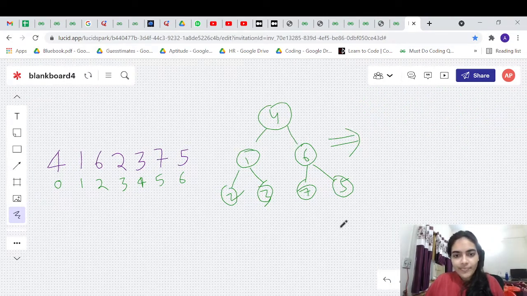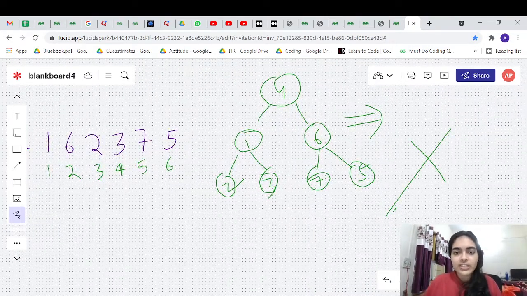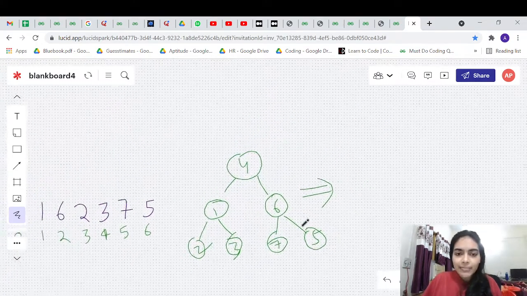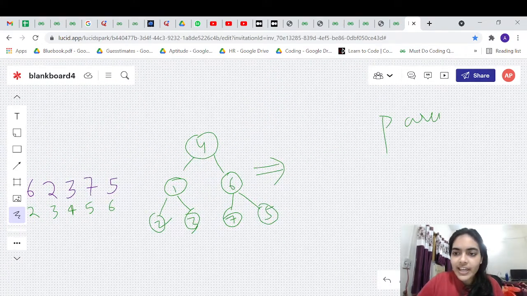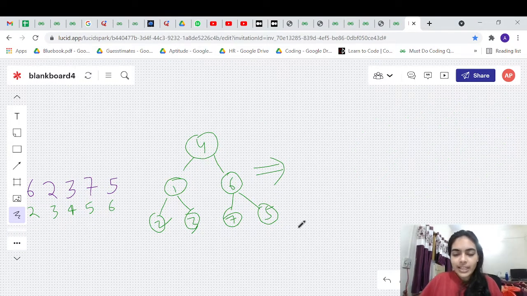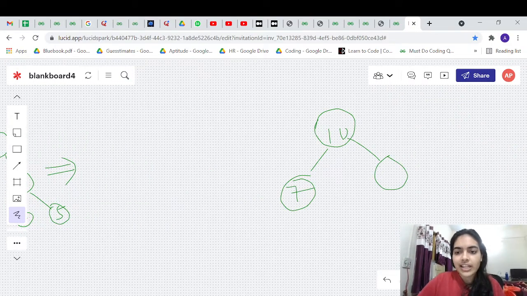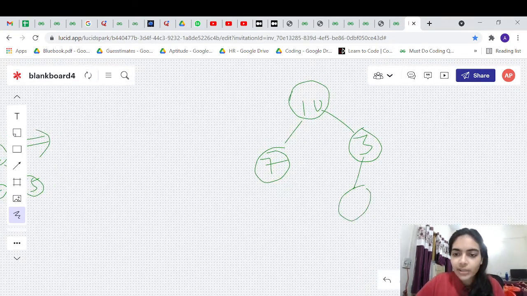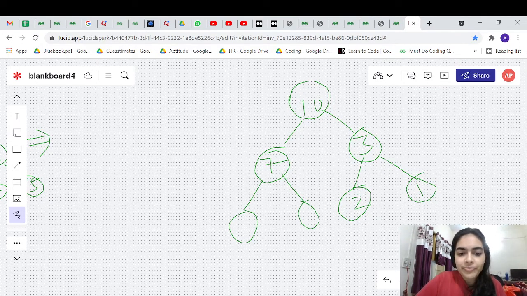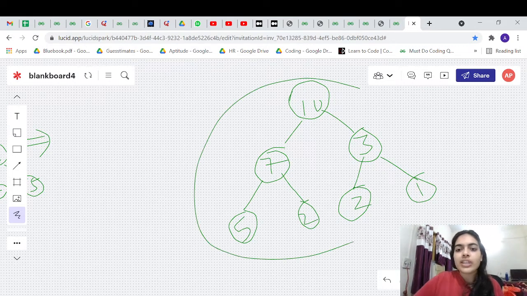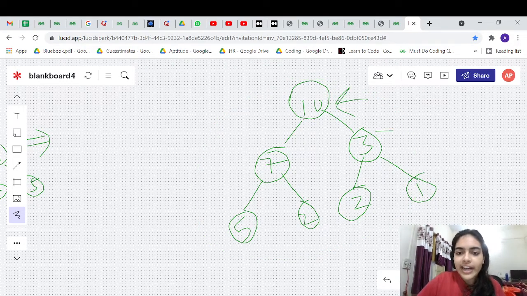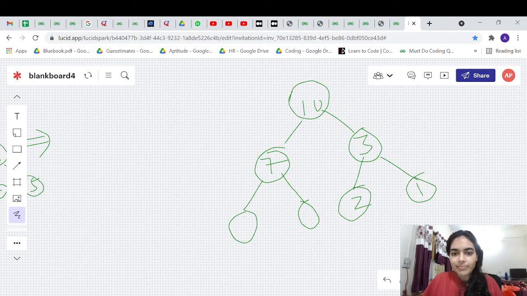Now what is a max heap? Is this a max heap? This is not a max heap. Why not? Because max heap means the parent is always greater than its children. In a max heap you can have nodes like this, for example 10. After 10 you can have 7, because 10 is greater than 7. You can have the other child as 3. Both children of 3 should be less than 3; they can be 2 and 1. For 7, the children should be less than 7, for example 5 and 2. This is a max heap because for any node you take, its children are less than it, or the parent is greater than the children. That is the simple meaning of max heap.